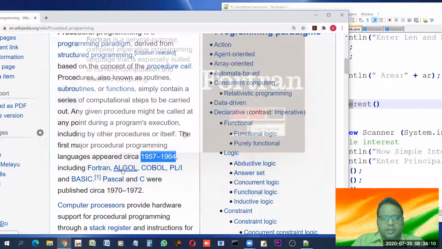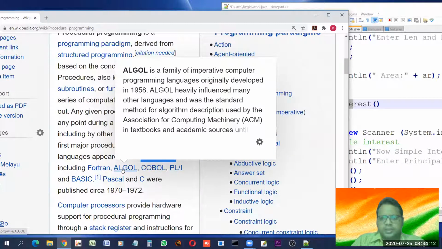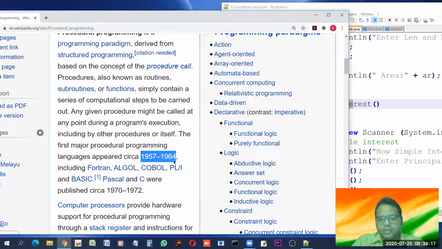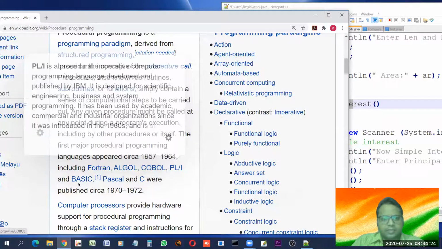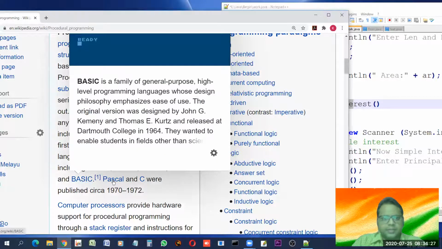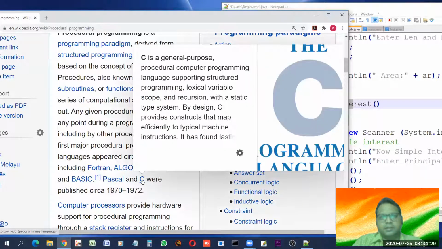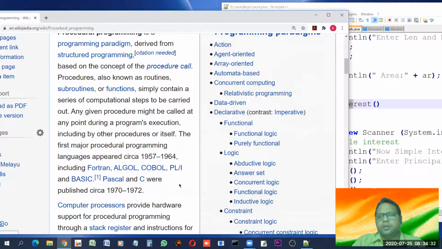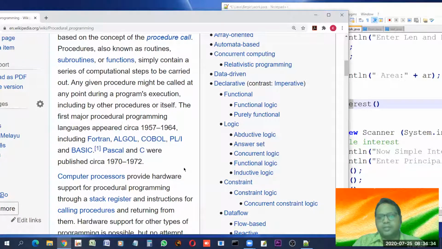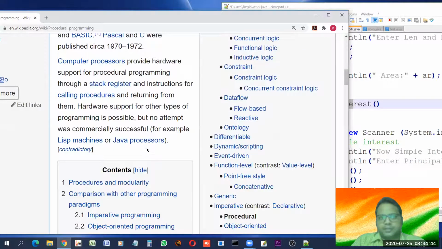Okay. Algol is there. These are the names of early languages from this time. Algol, COBOL, common business oriented language. And these are the basics we also study. Pascal, C. So these are a few major programming languages, among which C is the most prominent one, which is still used, and it is one of the most powerful procedural programming languages. So these things are there.